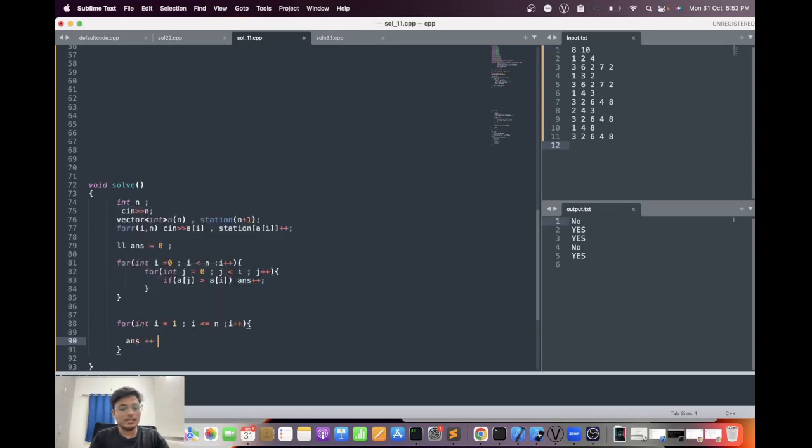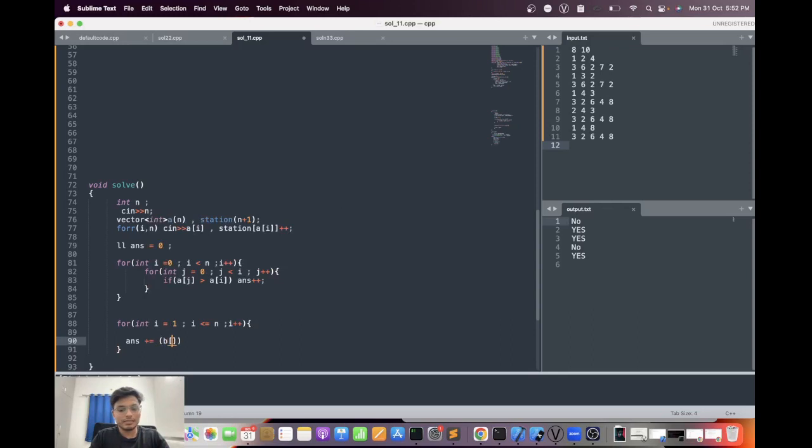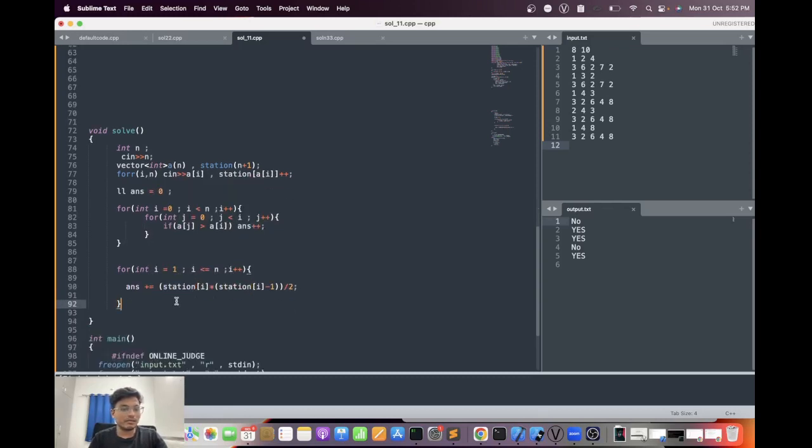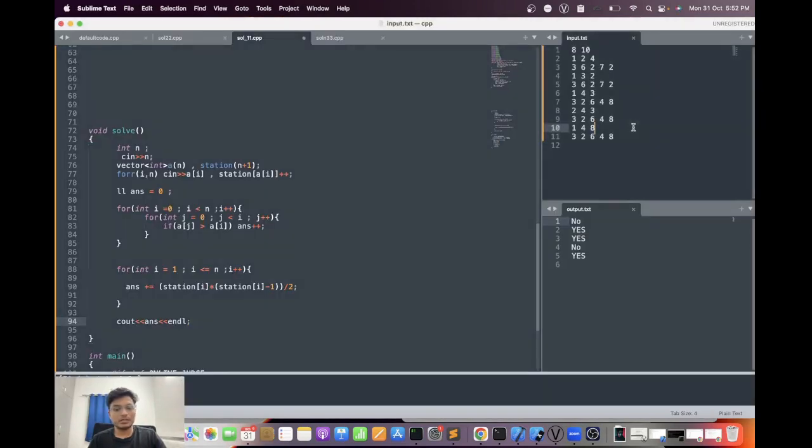तो फिर मैं बस यही कर रहा हूँ। ये कितने इंटरसेक्शन हो रहे हैं, b of i इंटरसेक्शन हो रहे हैं इस पे, मैं लॉन्ग लॉन्ग जरूरत तो नहीं पड़ेगी। b of i इंटू b of i माइनस वन डिवाइडेड बाई टू, और इसका नाम स्टेशन दे रहा है, here we go। और मुझे सी आउट आंसर करना है। ओके, सो 6103।